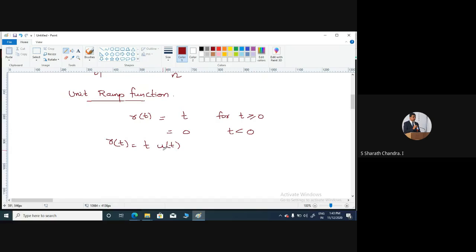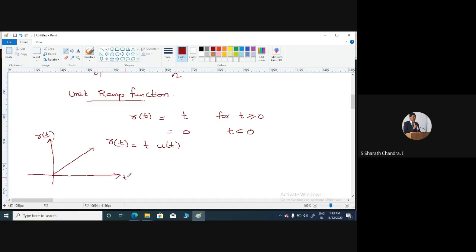U of t is a positive sided signal, that is, a one-sided signal which exists only for positive values of time. Therefore, when t is multiplied with u of t, it exists only for t greater than or equal to 0. This is how you can represent the unit ramp function in terms of the unit step function. The unit ramp function also has a unit slope, and it is a signal whose amplitude varies linearly. As shown in this figure, you can see that the unit ramp function has a